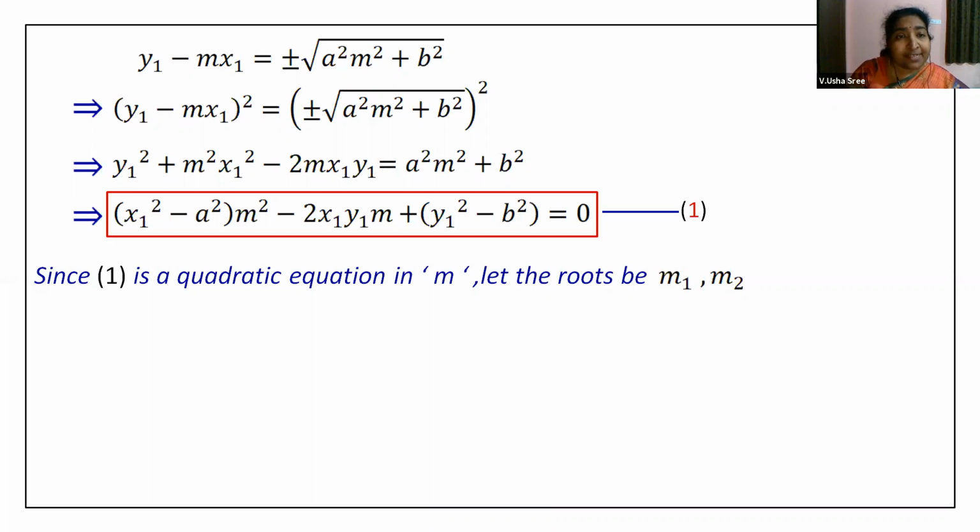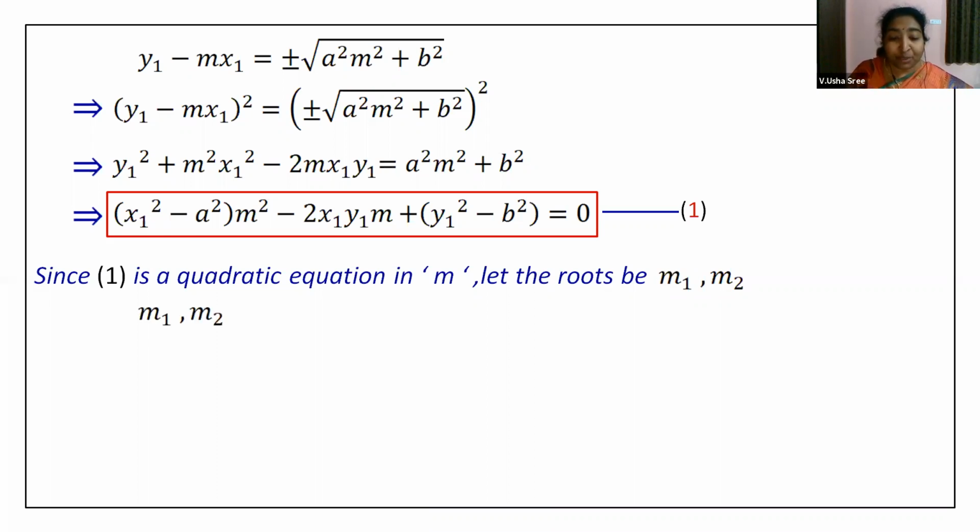Now, what is the point we have started saying right in the beginning? The two tangents are perpendicular to each other. That means the equation 1, when it has got two slopes, is representing two different tangent equations. Now, when the tangents are perpendicular to each other, then the product of their slopes should be equal to -1. The product of two roots is given by the formula c by a. You remember? Right? So we will apply that formula over here.